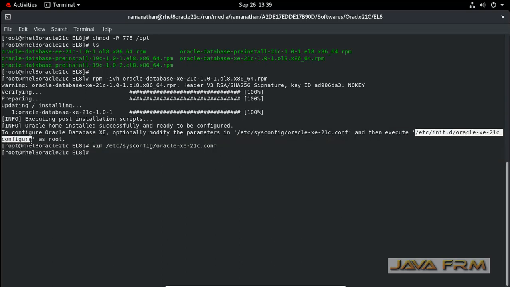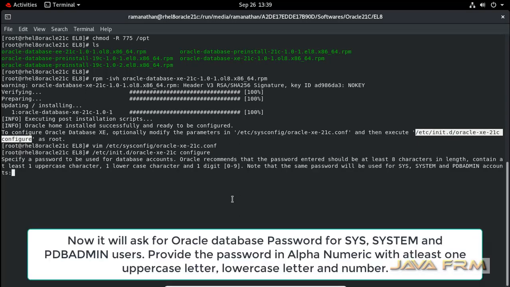Next I am going to run this script as root user: /etc/init.d/oracle-xe-21c configure. This script will install Oracle as a service. Before that it will ask for a password. Please provide the password for this Oracle database.